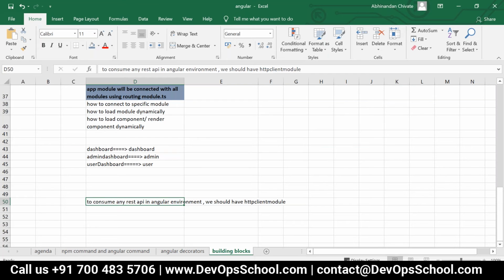We should have the HttpClientModule. Now have a look over here. To use anything from this HttpClientModule, first of all, do we need to import this module or not? Are people getting my point?